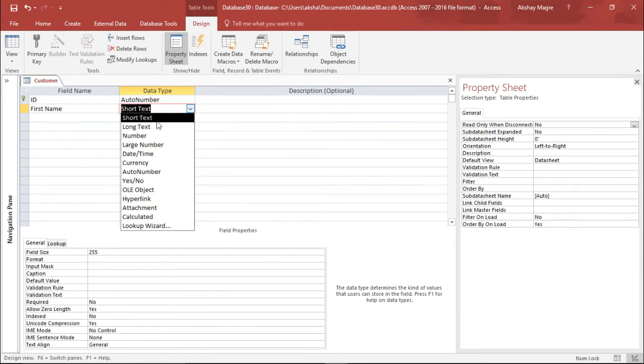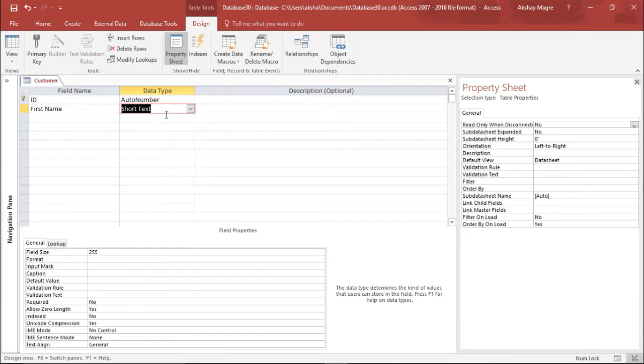Basically we can select short text wherever I want to enter a name or a phone number. A short text can be a phone number and a zip code as well. It does not require that it should be text only. It can be a non-related number as well. That means whenever there is no calculation involved, like if you want to store a phone number, we do not multiply the phone number, so we can use short text in that instance. So for first name, we'll take this as short text.